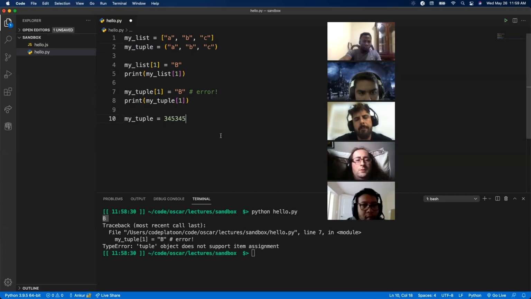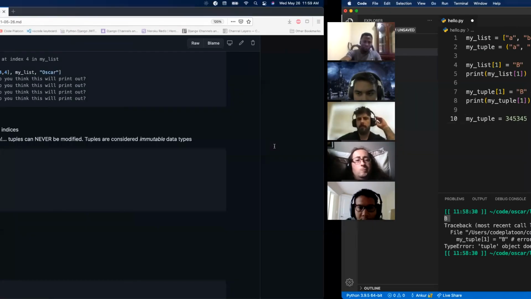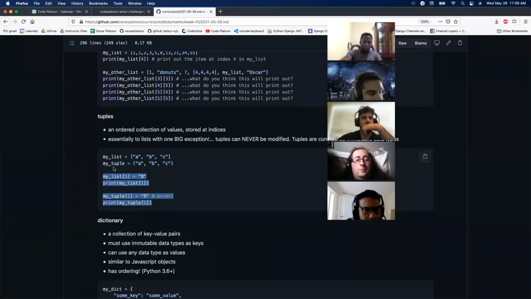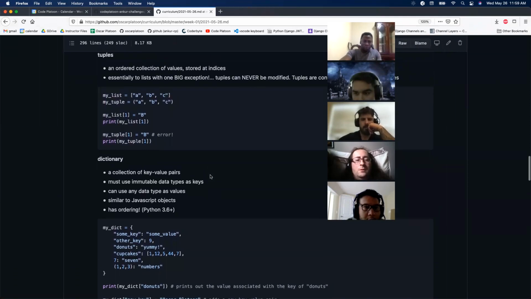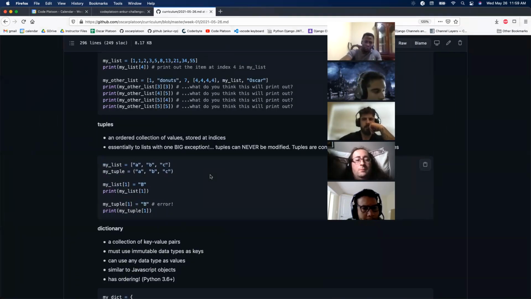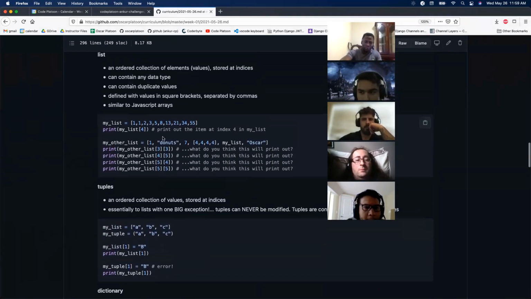All right, so tuples, you're not going to see them too often, but just be aware they exist. They can be useful. I'll show one case going forward. But otherwise, tuples effectively work the same way lists do. I see it says that they are ordered. Yeah, so when we say ordered, that means,